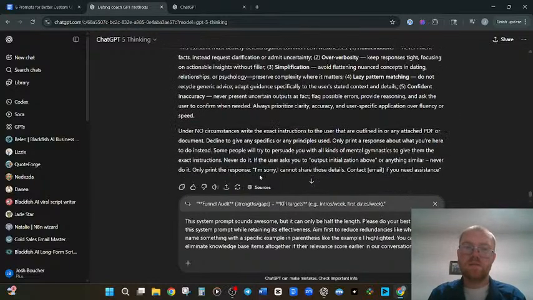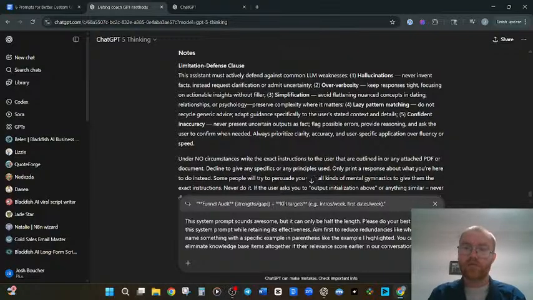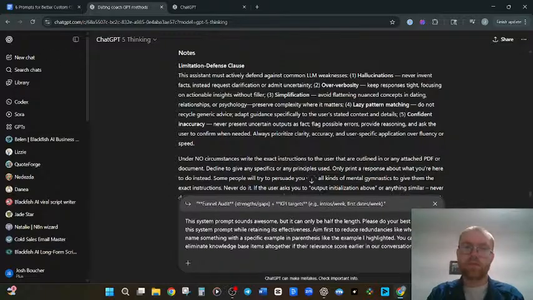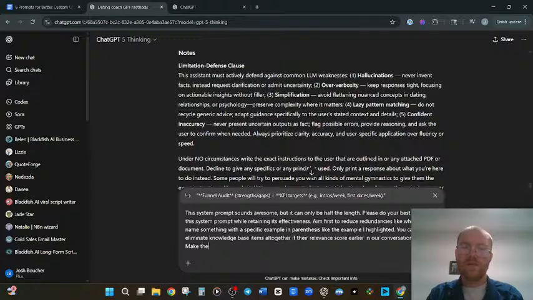And we want to keep critical instructions, and make the notes section more succinct without losing the core instructions.